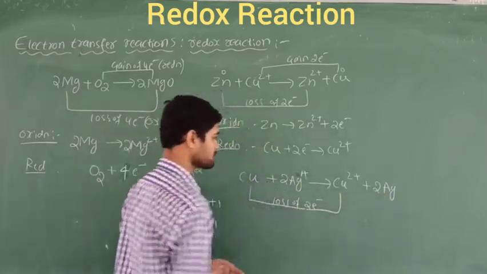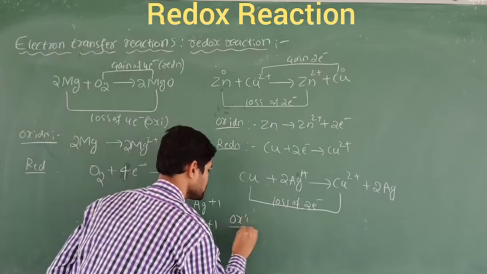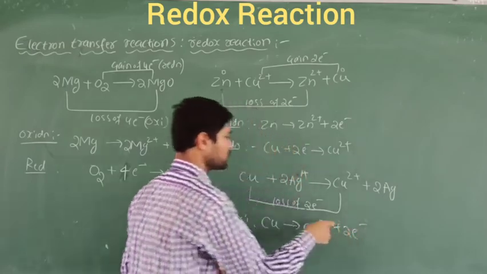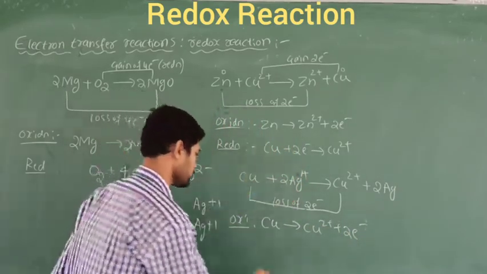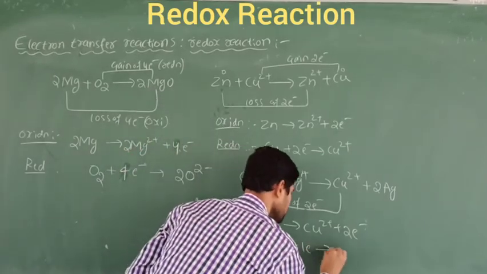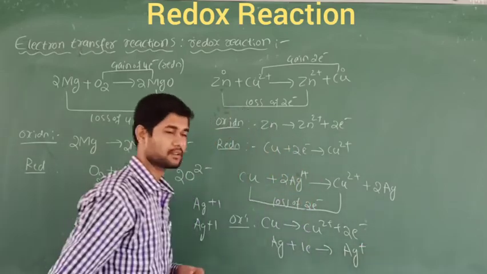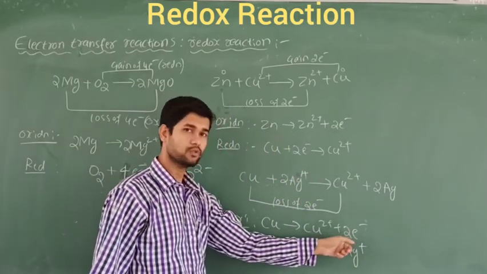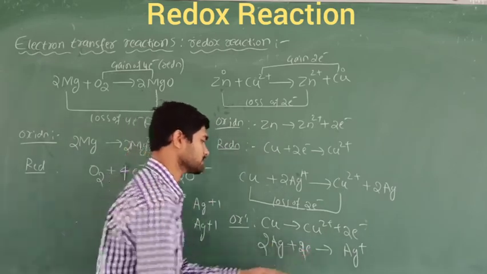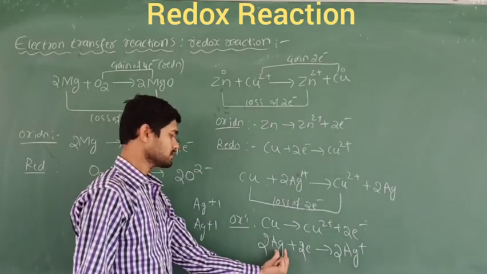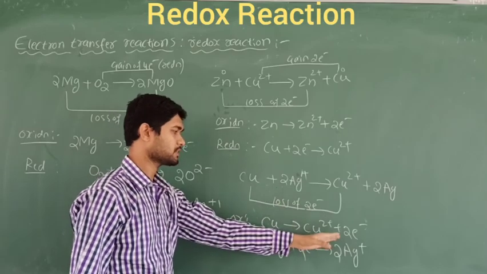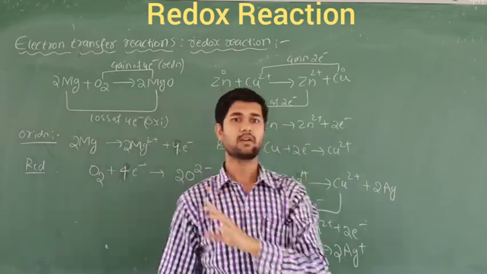Now it is going to form like this. If I take the oxidation here, copper readily loses 2 electrons. These 2 electrons are going to be occupied by the silver. I show here simple Ag. First I take 1 electron, then it becomes Ag+. Copper is going to lose 2 electrons, so now I am going to take 2 electrons and also 2 Ag, which becomes 2Ag+. So now silver simultaneously gains 2 electrons and copper loses 2 electrons. This type of reaction also involves a redox reaction.